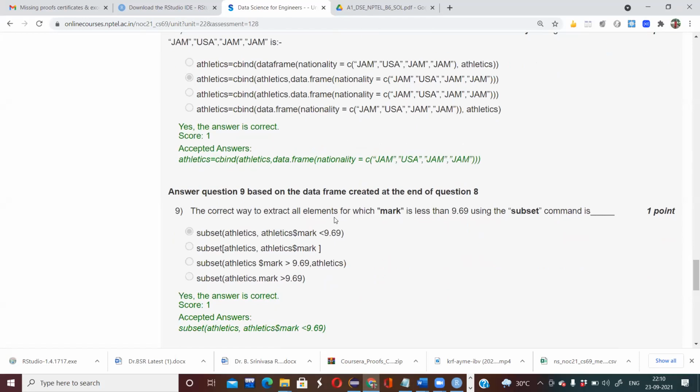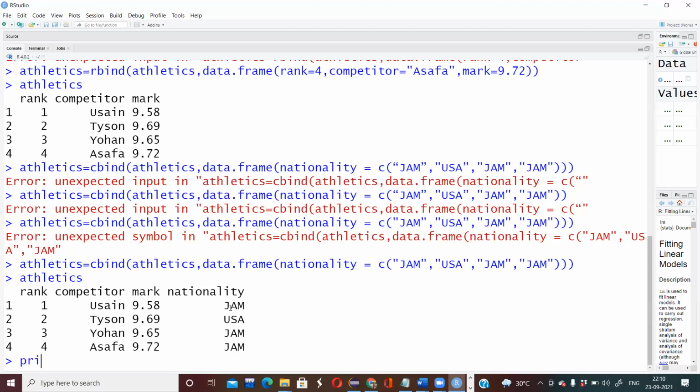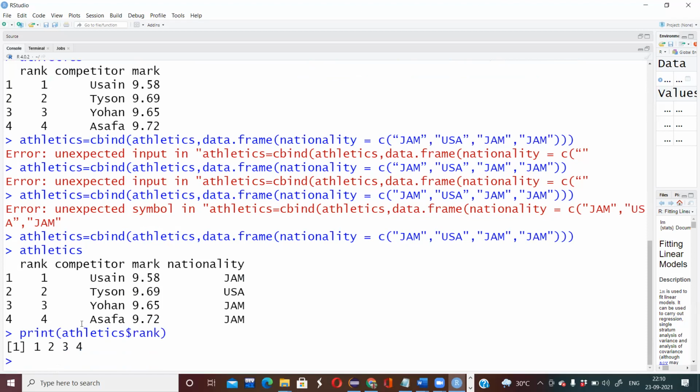Next, the correct way to extract all elements for which mark is less than 9.69 using subset is, so if you want to print any value of a particular column, what is the name of my data frame? It is athletics$rank. If I say it like that, only the values of the rank column will be printed.